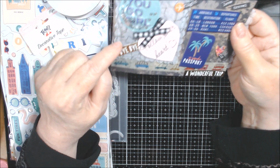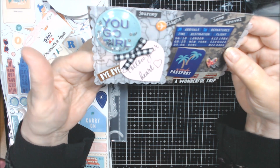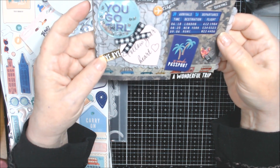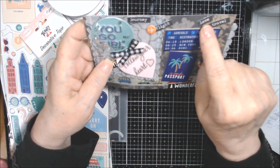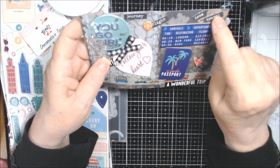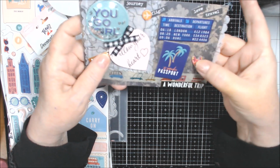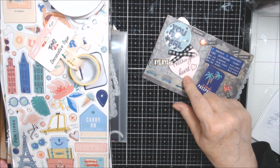So that's the background. Here's this, which also sort of looks charcoal gray on it, right? And then I added some color. So from Tim Holtz, we have journey, flight, love. There's our keyword, travel, and fly. These were from the Cartabella, these 3. This is the punch out. Oh, and this is out of